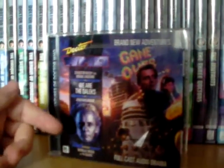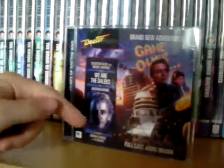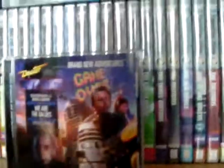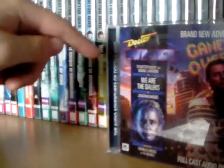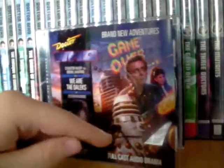Featuring Nicholas Briggs as the Daleks, obviously, and then you've got the banner and the Seventh Doctor's face, as well as a Time Vortex effect. Brand new adventures, full cast audio drama. Big Finish in the little corner there. The audio adventures of Doctor Who, and then you've got the Seventh Doctor, Mel, and the Daleks, as well as